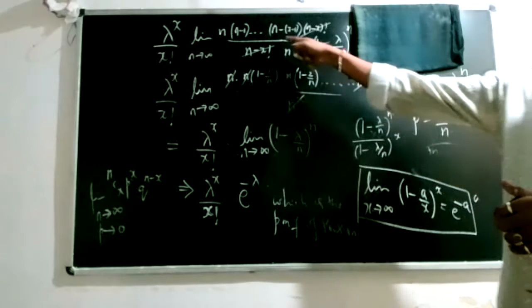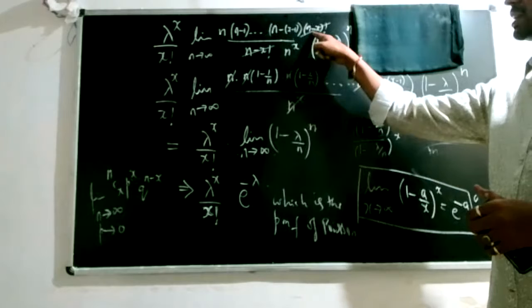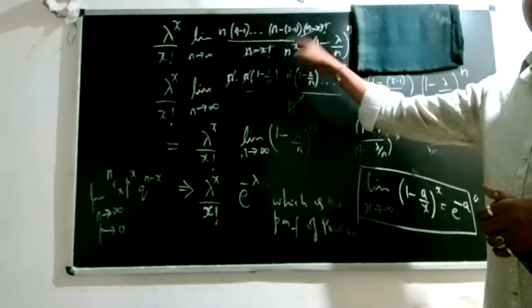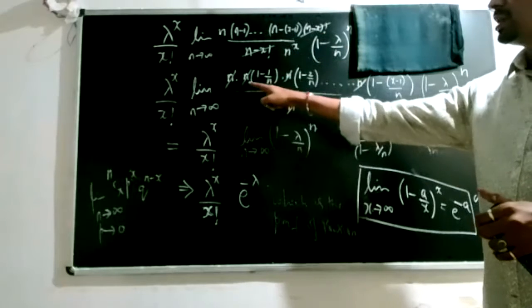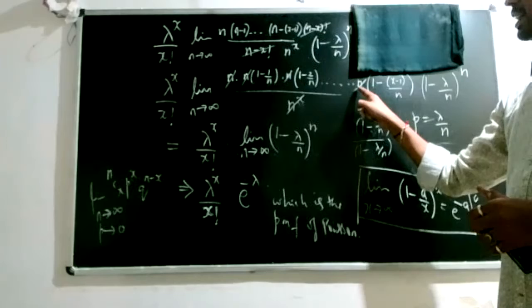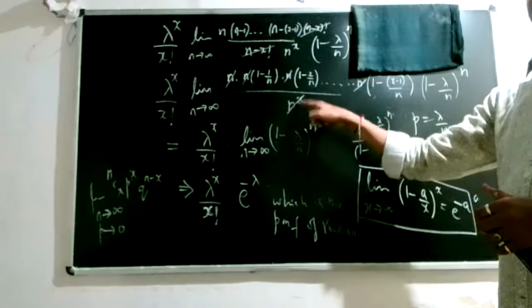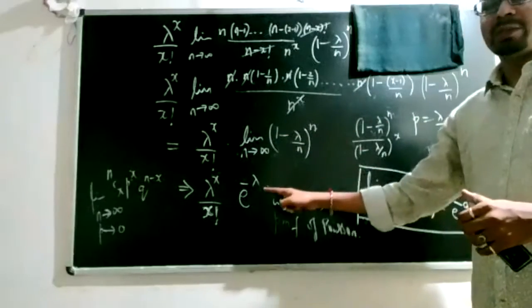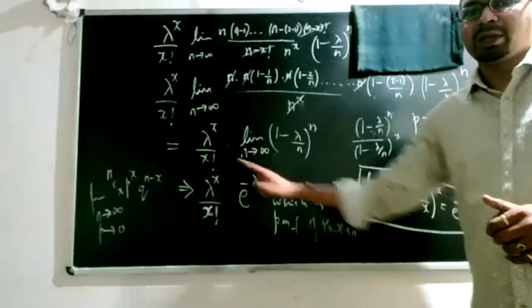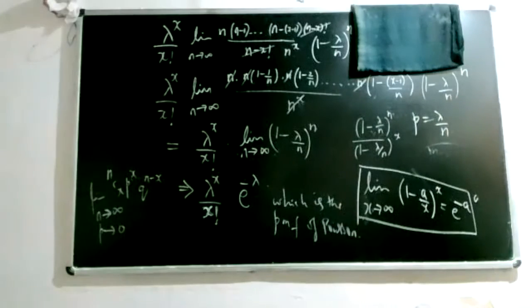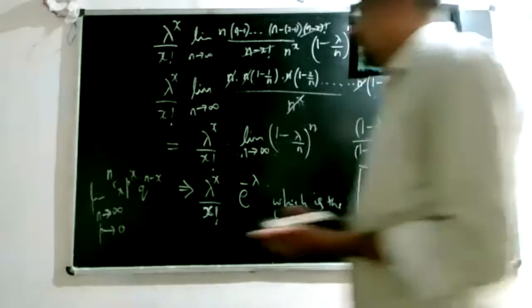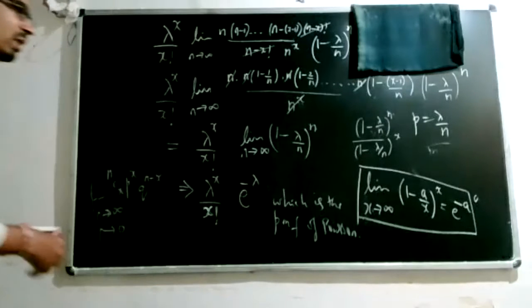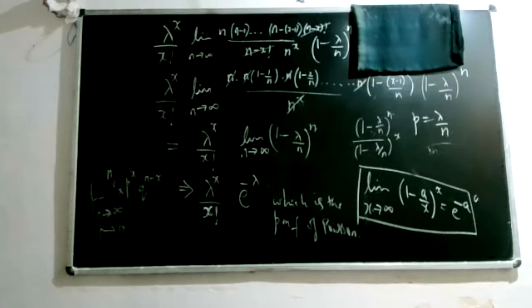Next step, you expand nCx up to n minus x factorial. You cancel n minus x factorial. In the remaining terms, in every term you take n. You will get x times n, so that n power x also gets cancelled. Then you are just left with this term. It becomes e power minus lambda. Lambda power x and x factorial are already out. Okay, so we got the functional form of the PMF. Now,